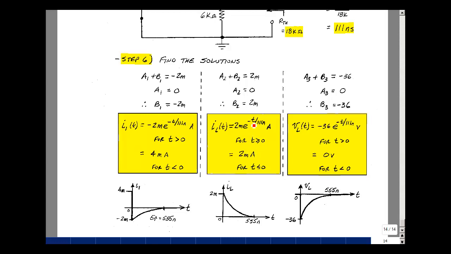If you let t equal 0, you get 2 milli times e to the 0, which is 1, so you just get 2 milli. Sketch that. T less than 0, we have 2 milli. We cross through 0, we're still 2 milli, and then eventually in 5 time constants, this term will drop out,